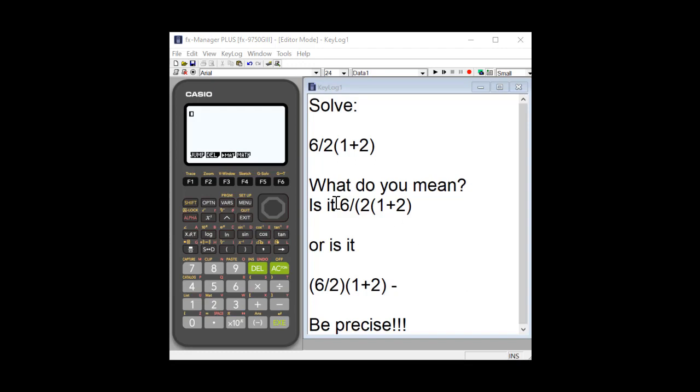The key here is you should really be precise if you're going to write this problem out linearly. If you meant this whole quantity to be divided into 6, then you should use parentheses. Or if you meant you first have division of 6 and 2, and then this is grouped 1 plus 2. What I want to show you is how this calculator handles that situation for you if you don't use standard notation. So I'm going to show you all the different ways you could represent this problem where there isn't the ambiguity or the confusion.